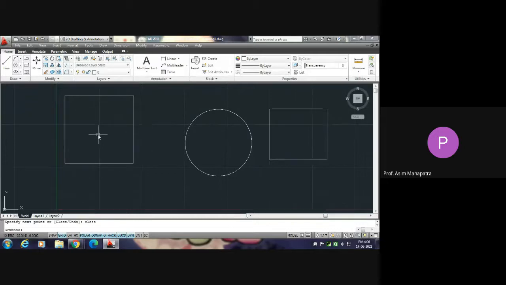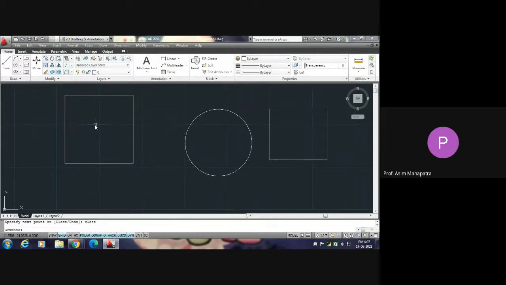You can use the shortcut of close, and that is C. C is also the shortcut of circle, but that depends upon the state of the cursor. The computer will understand the meaning of C. If the cursor is in standby mode, C stands for circle. And if the cursor is in point selection mode, it will understand close. I'm showing you. Presently it is in crosshair mode.